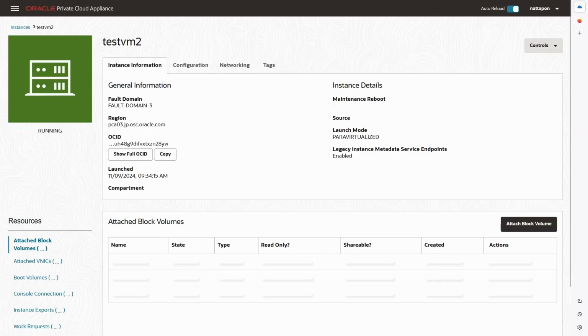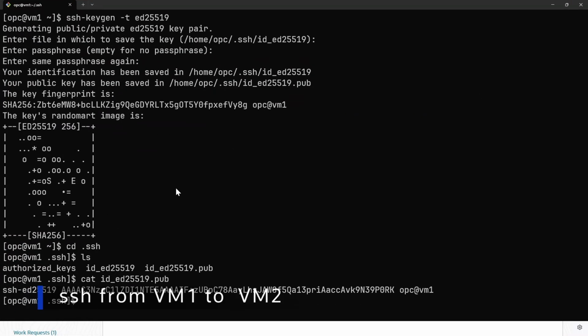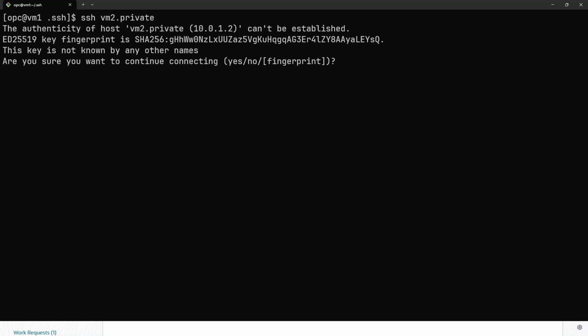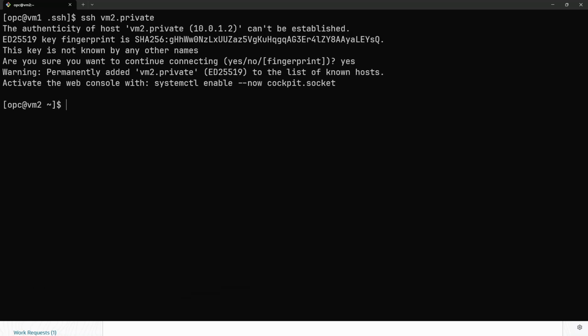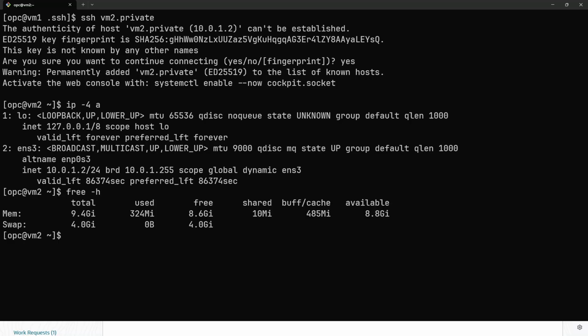The VM is up, so let's test it. We open the terminal again. Here is the VM1. SSH VM2.private. Now we are in the VM2. You can see that I can access that VM2 using the FQDN. The IP address is here, and let's see. Okay, the IP address is correct. The memory is 10 gig,